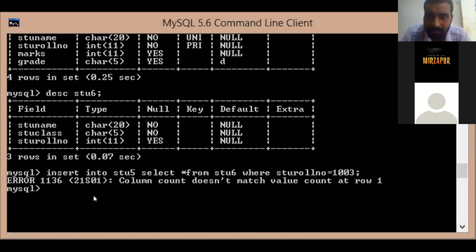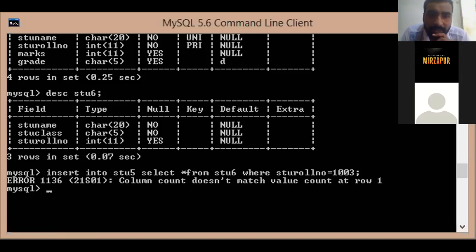There is an error. What is the error? Column count does not match the value count at row 1. So what is column count?